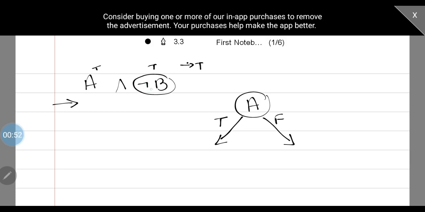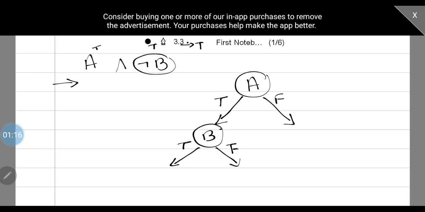Whereas we have negation B here. So let us take the node B first, and as usual let us put true and false paths. Now if A is true, negation B will be false in this case. Whatever the B value is, you have to negate it. So if A is true, negation B becomes false here. So when A is true and B is true, we are going to get